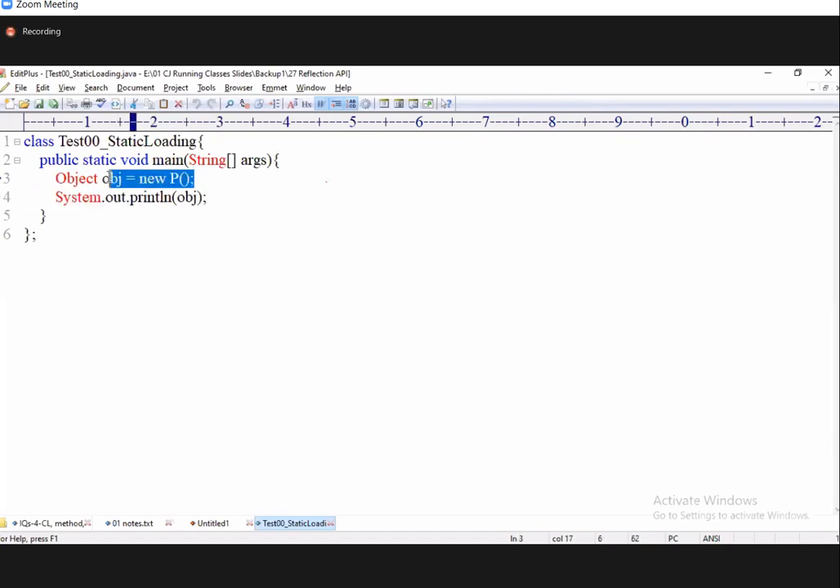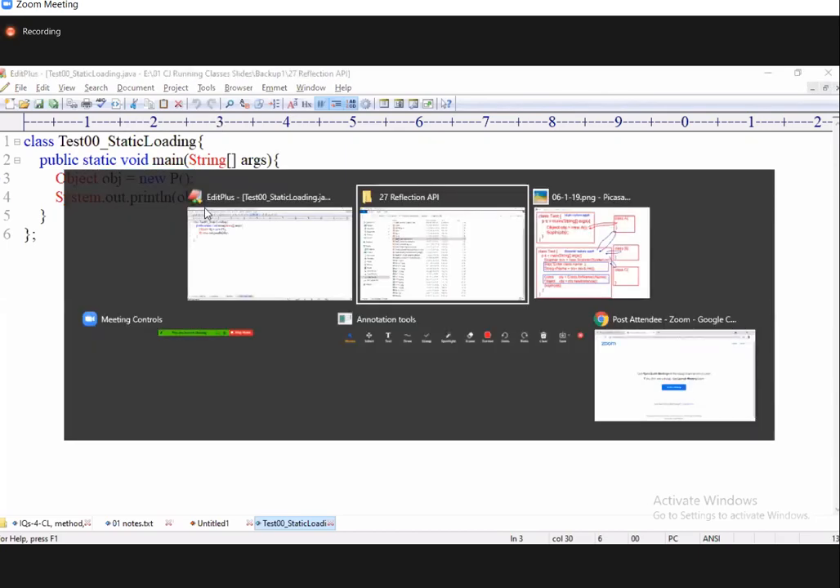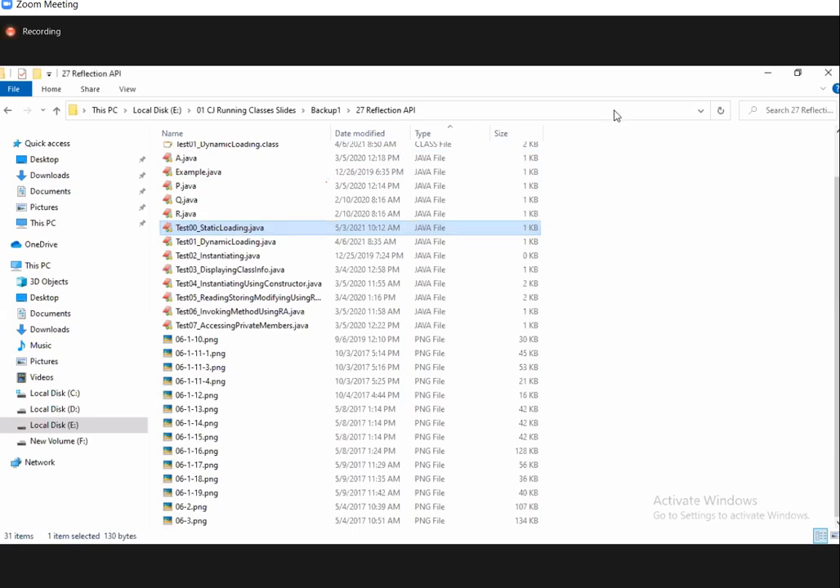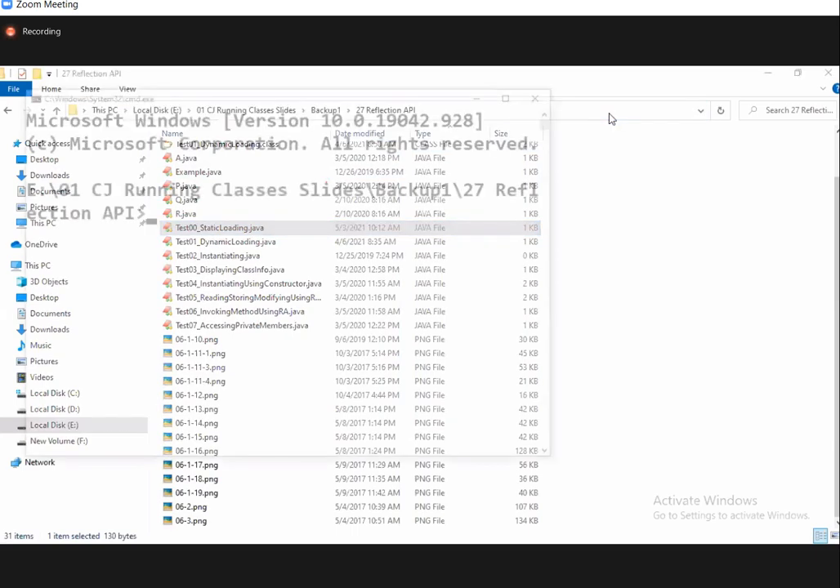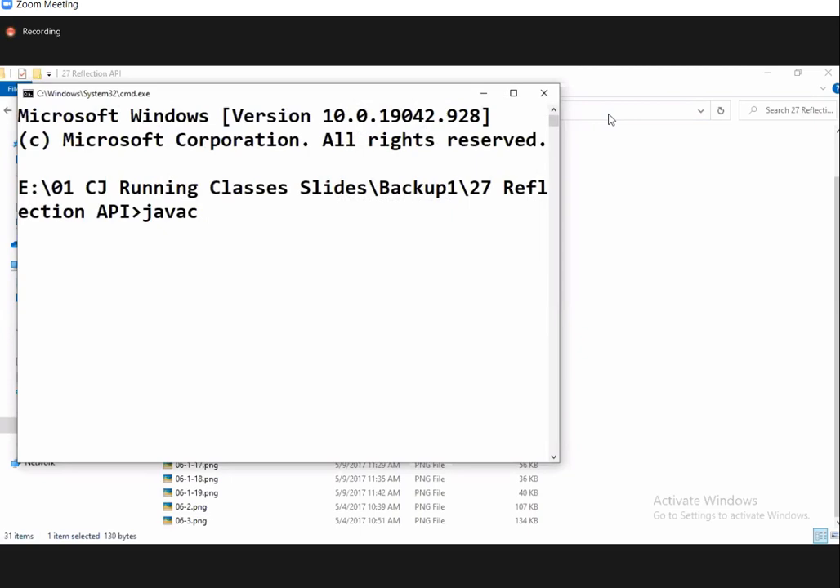Upcasting is there, but dynamic binding is not there because the obj variable always contains a P class object only. Save it, open command prompt, javac, compile it,